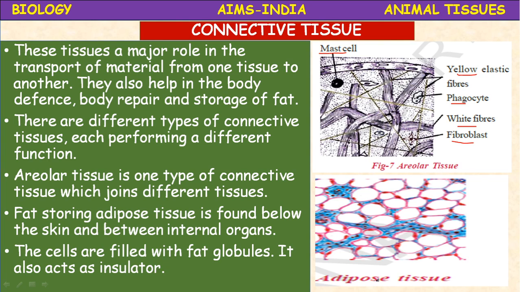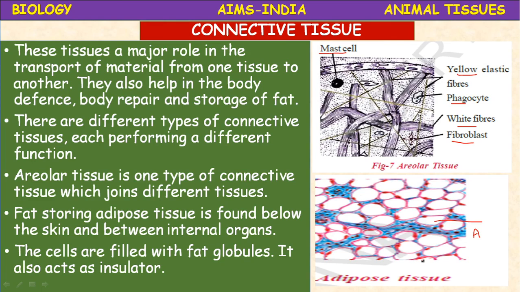Next, adipose tissue. The adipose tissue is located mainly beneath the skin. It is specialized to store the fats. Okay, the special cells present in this are called adipocytes or fat cells. It stores the fats, and adipose tissue is a poor conductor of heat. That's why it acts as an insulator, and it reduces the heat loss through the skin.